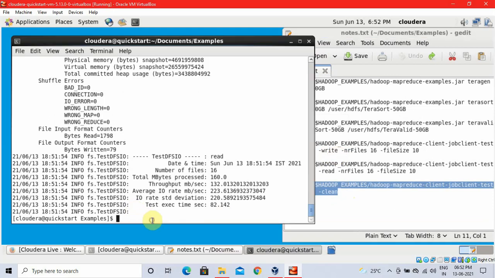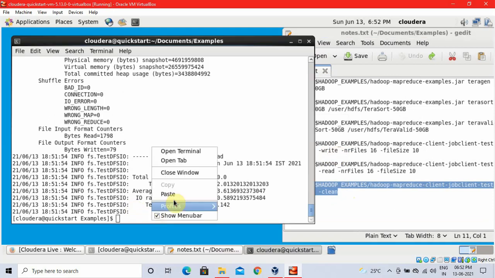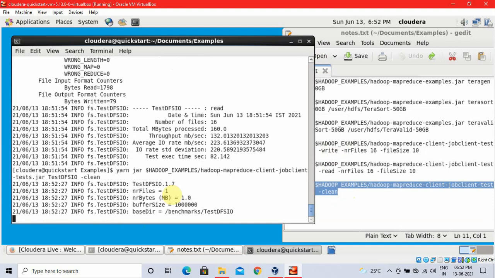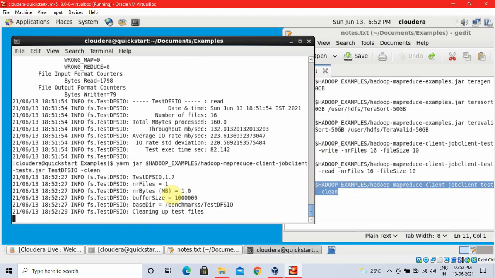The third step is you have to clean the TestDFSIO data. It will show that it is cleaning up the test files. So that's all about the TestDFSIO benchmark. Thank you all.